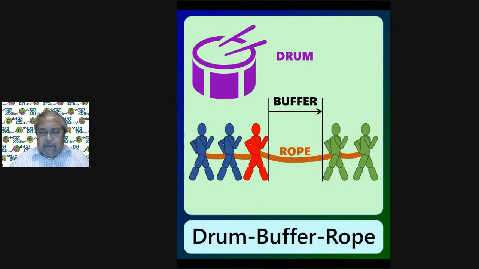If it's a manual operation, check it 10 times and find out the variation between the min and max. If the variation is within about 5% plus or minus of the average which you got, then it's okay. It's something which is under control. Otherwise, you need to work on the process, get the process under control first, then you think of drum, buffer, rope, or whichever other system you want to implement. Got it? And that's my strong recommendation based on my experience.